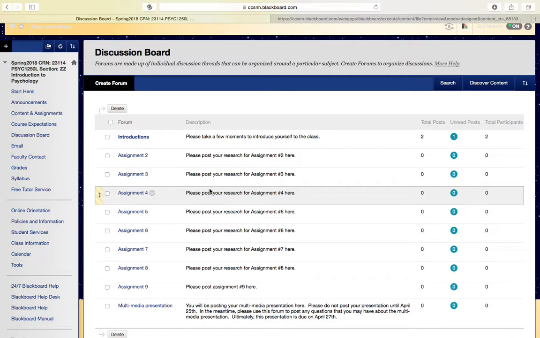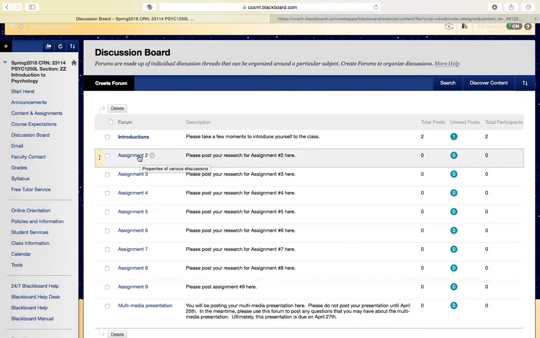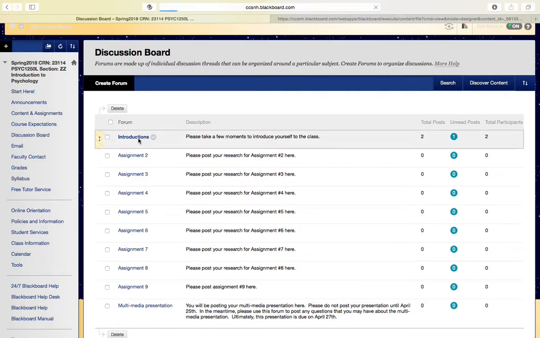It might be something going on in society. It might be an article that I found. So all of that will be in the current assignments. I do not work backwards. I only work forward. So once, say, assignment 2 is due, which is later this month, when it comes to February and March, I'm not going back to assignment 2. I will be moving forward, so you won't need to go back and check anything.